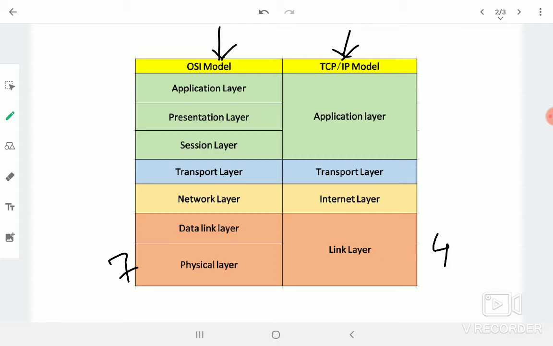Right? So you must have often come across network engineers talking in sentences and phrases like, this seems to be a layer 3 issue. This seems to be a layer 5 issue. This is literally the language of network engineers. So what they actually